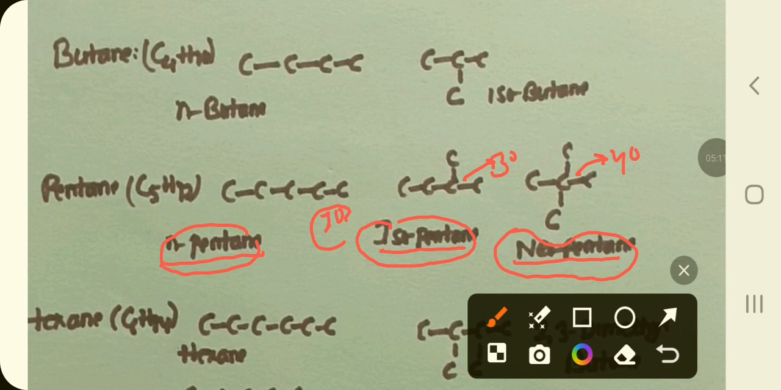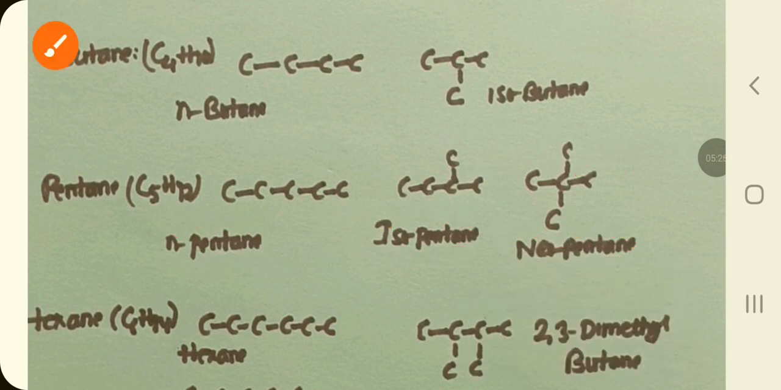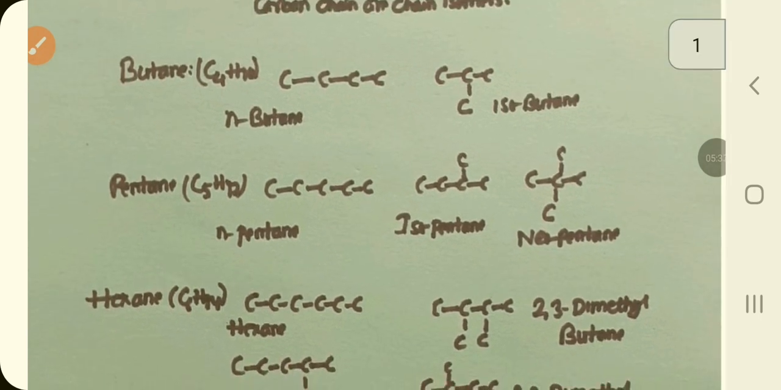So when the arrangement is 3 degree, we will have iso, and the number of carbon atoms is 5, so it is isopentane, and in case of 4 degree carbon, it is considered as neopentane. I hope that all of you clearly understand this. By using the same method,